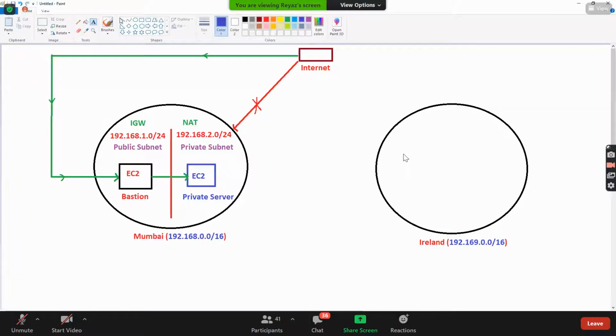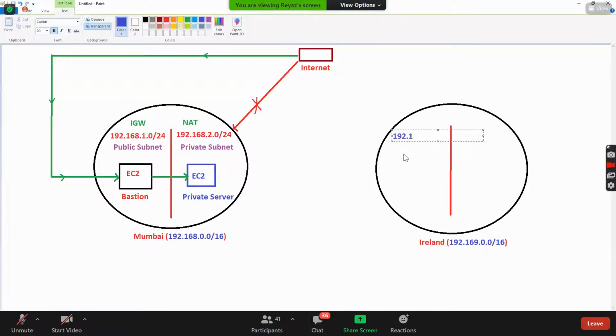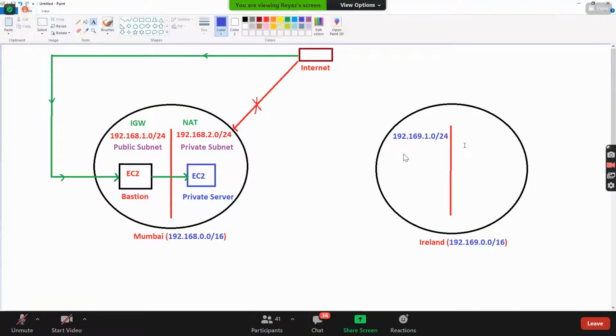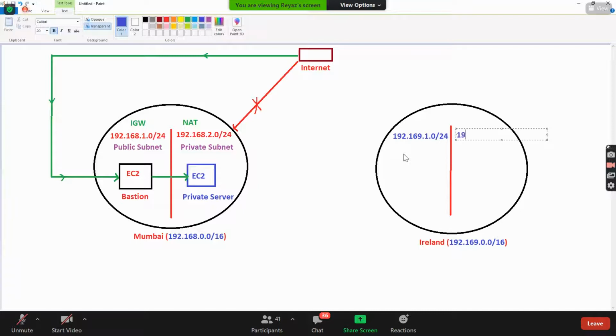Nice. And now here also I have the concept of public subnet and private subnet. Here also the same concept. Let me write it. Here 192.169.1.0/24 is one subnet, and here 192.169.2.0/24 is another subnet.